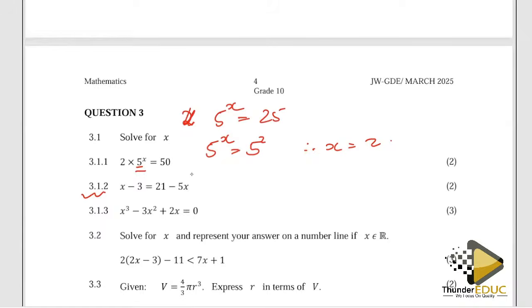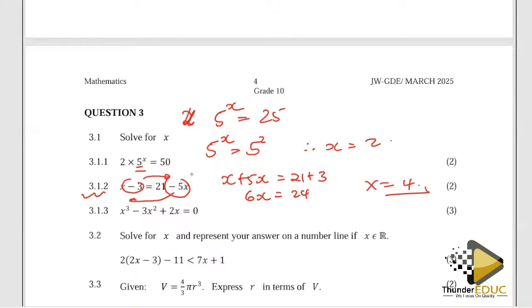3.1.2. So we have x minus 3 is equal to 21 minus 5x. For us to answer this, it is a linear equation, okay? With the linear, we need to move the x to one side. So I'm going to take this negative 5 to that side. Then I'm going to move this negative 3 to this side. So I'll have x plus 5x should give me 21 plus 3. So this is going to be 6x is 24. Then divide both sides by 6, which means x is a 4. Okay, so that is kind of straightforward. Then